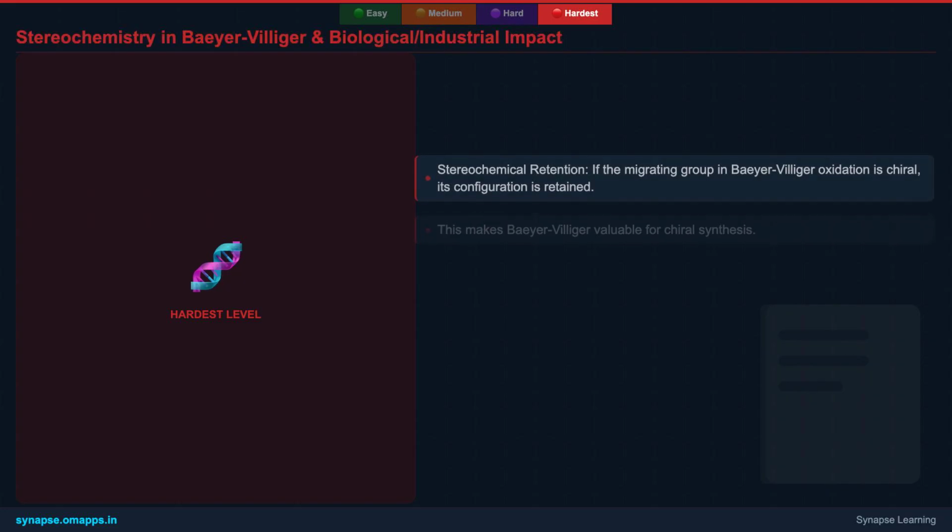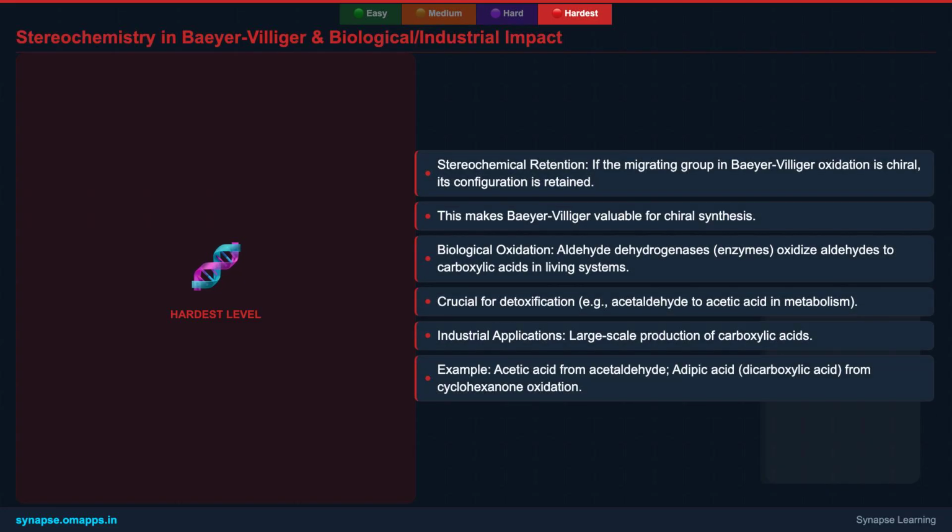In the realm of complex synthesis, oxidation reactions are not isolated steps but part of a grand design. Retrosynthetic analysis often involves disconnecting an ester or carboxylic acid to trace back to a ketone or aldehyde via oxidation. This thought process is fundamental for devising efficient synthetic routes.